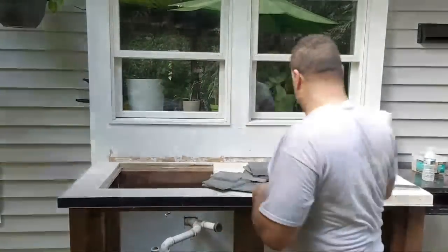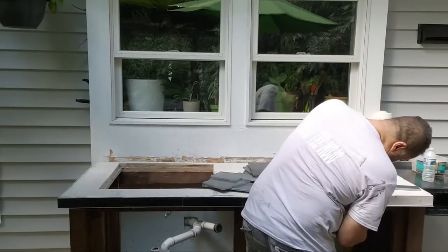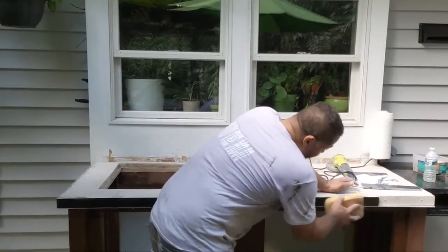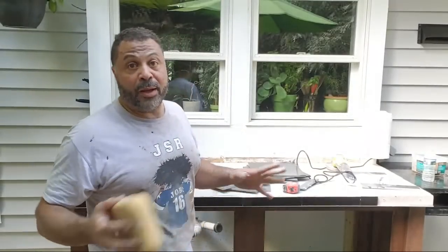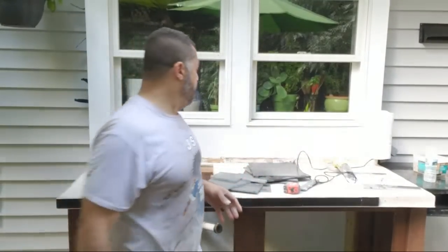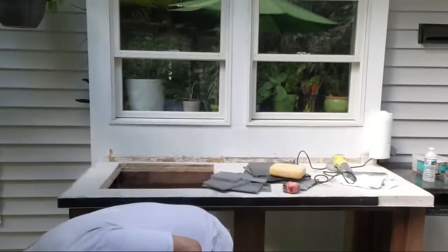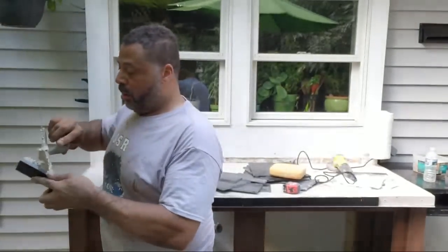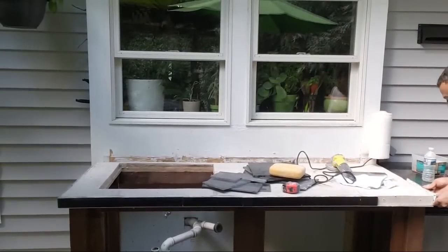Now, one mistake I tell you what people make when they do tile work, and don't be that guy. What they do is they go through, they buy some beautiful tile, great tile and everything else. Home Depot only has so much of a choice, but if you go to one of the supply houses, you can get all kinds of different looks and colors. And what people will sometimes do is, when they go to put the tile on it, they'll go cheap on the cement, thinking that it's all the same. No, not even close. You buy the cheap bag of cement, that like $8 bag of cement at Home Depot,